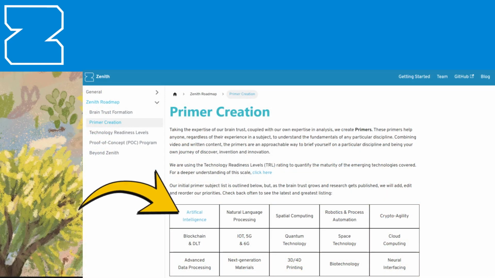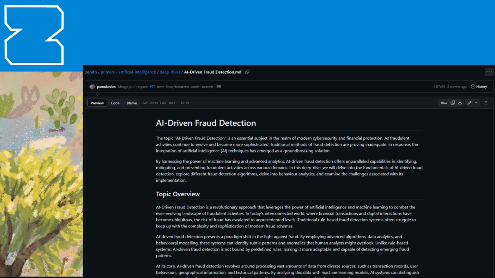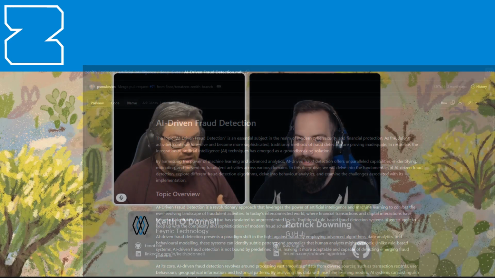So, for example, we've just done the AI primers and so forth. We've looked at, say, AI driven fraud detection. What we're looking at there is some blockers that we've identified: the parameters of how this is going to work, the best types of algorithms for this to work on, how we're going to mount this on different types of standard proprietary hardware or different types of cloud services. These are all open questions that no one has a full solution for within the industry. It would be really great if we could contribute something that then becomes an open source standard that anyone in the industry could use. And we're at the stage where you could propose it and we could start to build it, and then lots of other people could come in and contribute as well.